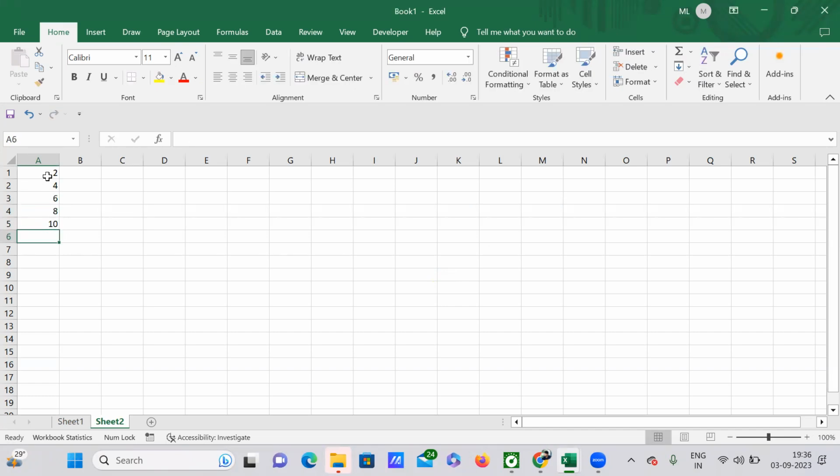Okay. For example, whenever our data is aligned towards the right, it is considered a number. Whenever our data is aligned towards the left, it is considered text data. Now here my data is in numerical format, and I want to convert it into a textual format. So what we can do is